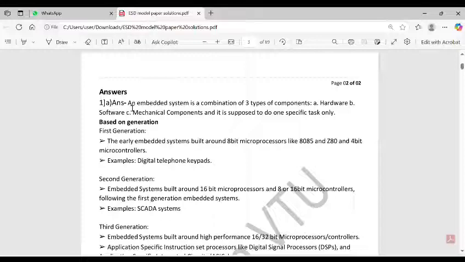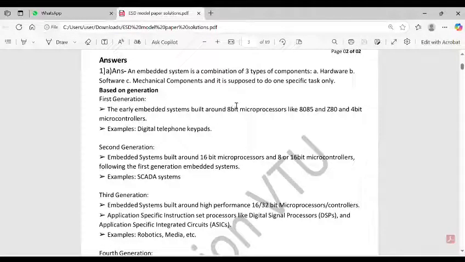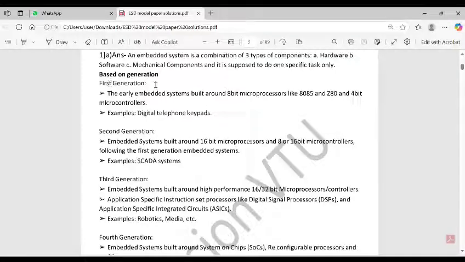So the answer is, the definition of the embedded system is, an embedded system is a combination of three types of components, mainly hardware, software and mechanical components, and it is supposed to do only one specific task. There are four types of generations: first generation, second generation, third generation and the fourth generation. In first generation, these embedded systems are built around 8-bit microprocessors like 8085 and the 4-bit microcontroller, for example digital